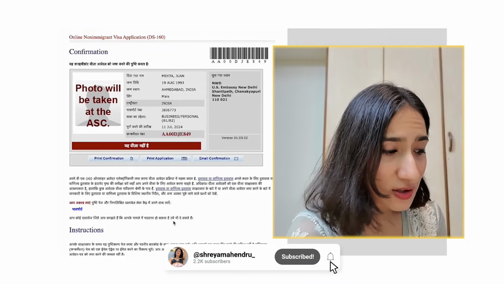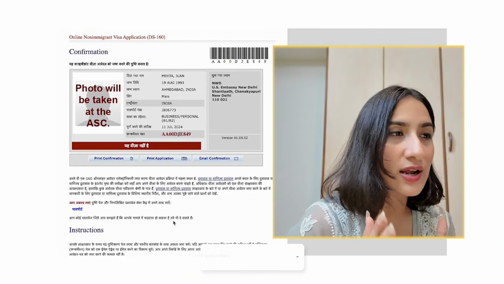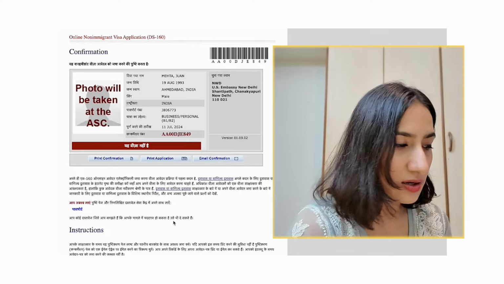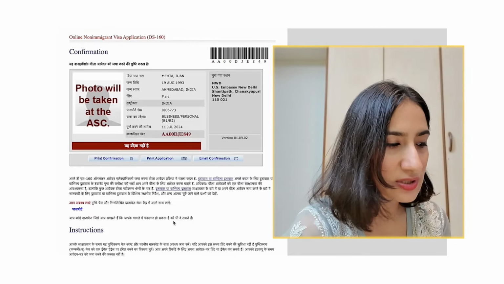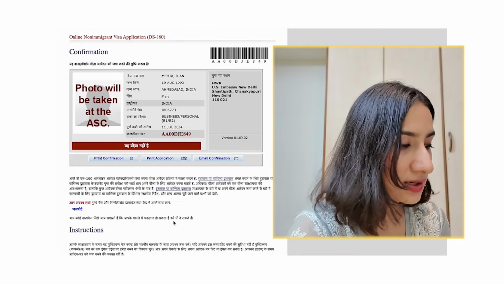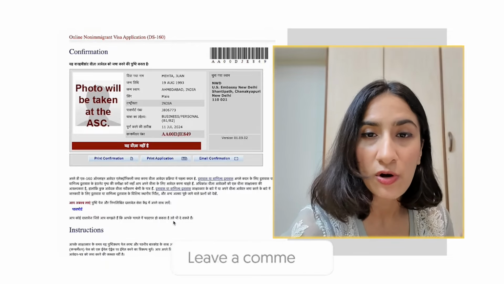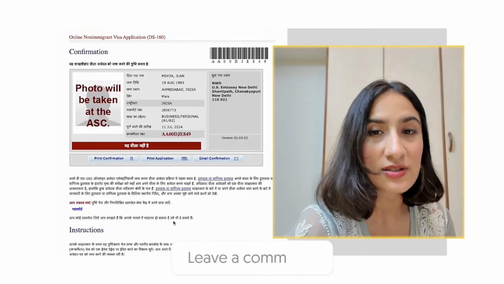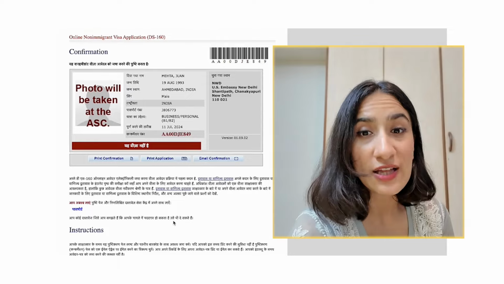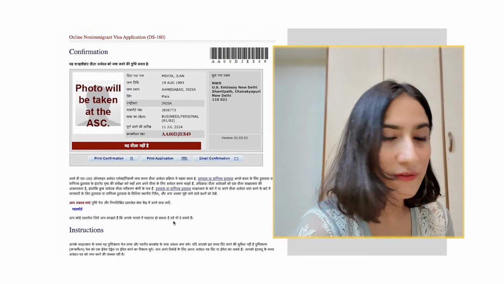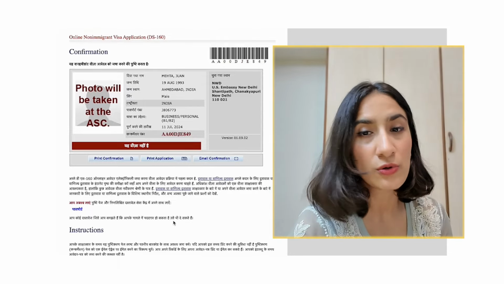And if you have any other questions before or after this procedure, I've been to the US, I've been through this entire complicated process. I would say it's long, but it's still very straightforward. If you have any questions, feel free to share those in the comments. Maybe we all will learn from each other's experiences, but especially in case of self-employed, I am that. So if you have any questions about that too, you can ask them as well.